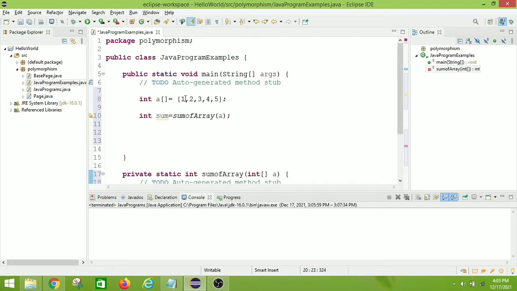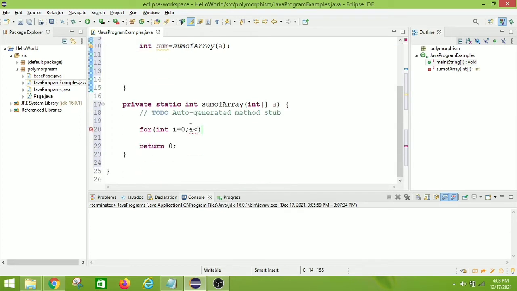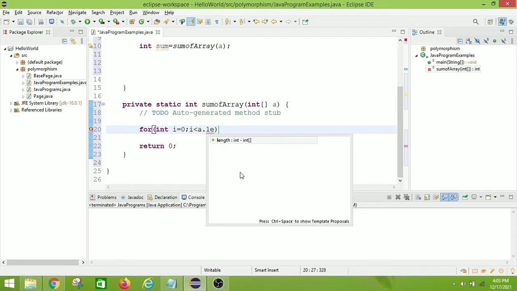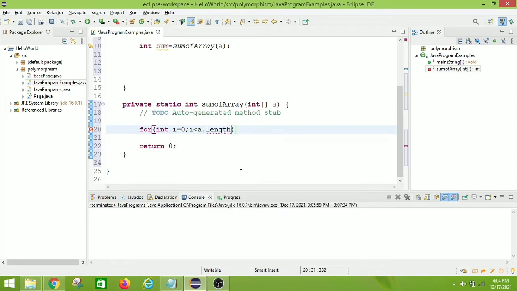Let us see, 1, 2, 3, 4, 5. We can hard code it as 5, or simply we can find out the length of the array. So we can mention a dot length. i less than a dot length, and we are incrementing the i. Okay, so we have created the for loop.